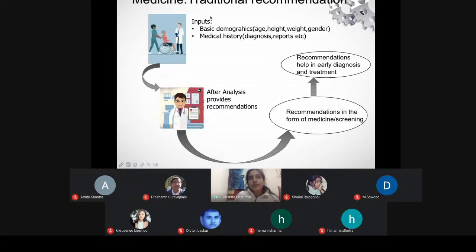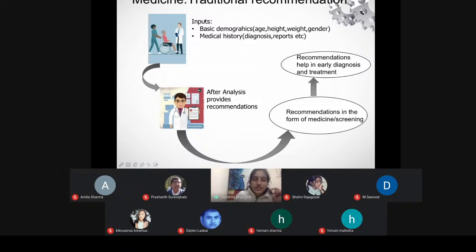Coming back to the topic, if we say recommendation systems that are employed in medicine and biology, I'll just explain you the core concepts. Suppose in medicine, if we talk about the traditional way of recommendations, because recommendations are everywhere, initially we say wisdom of the crowd, what everyone said, that we follow, so that basically applies to medicine also. Though this has to be supported by many factual things, of course this is the traditional recommendation system that was earlier used, which is still used, but of course this can be replaced by an automated one.